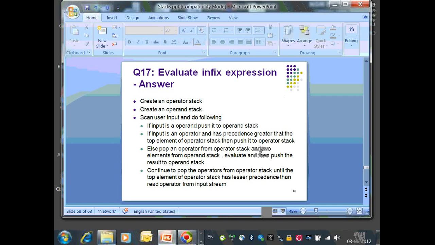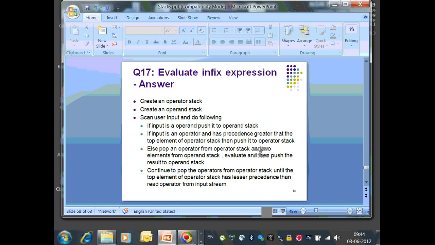Then we would pop plus from the operator stack, apply that to the two operands, and keep the result back on the operand stack. Now if this was 2 star 3 plus 4, we would put 2 onto the operand stack. When we get star, we would put star into the operator stack. When we read 3 we would put it to the operand stack, and the moment we see a plus, we know that we can't add plus to the operator stack because that violates the nature of the stack which we just decided. So we would pop out star from the operator stack,